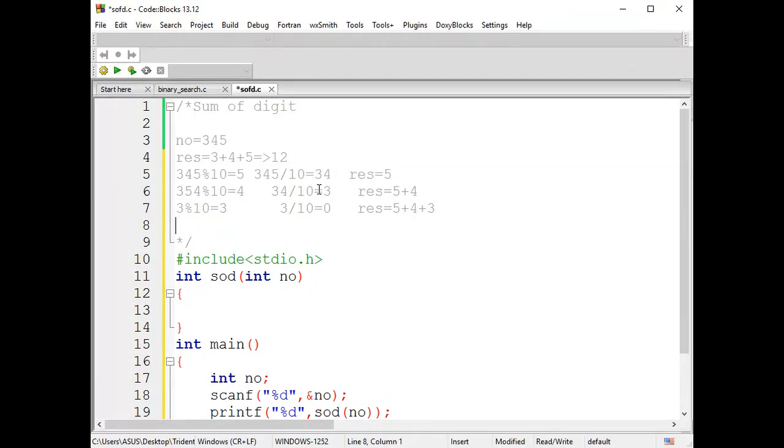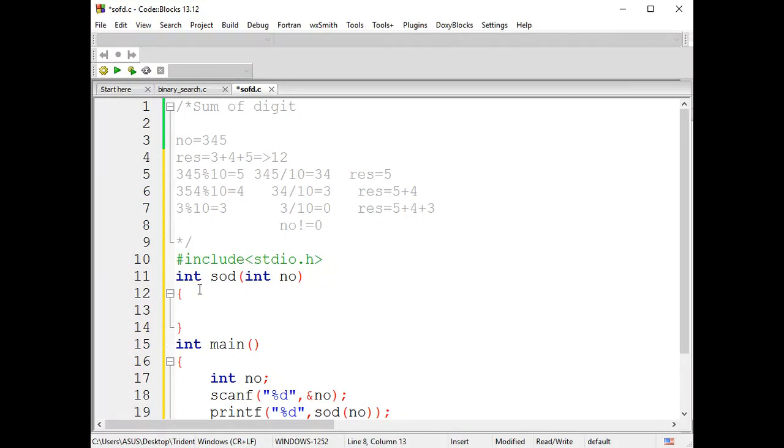For the next iteration, the loop has to be executed until the given number is not equal to 0, or greater than 0. It's up to you, this is the condition we're supposed to apply. So you're going to consecutively divide a number until the number reaches 0. Once it reaches 0, I'm going to terminate it. This is the condition we're going to apply. Now we can go ahead and apply the while loop condition here.